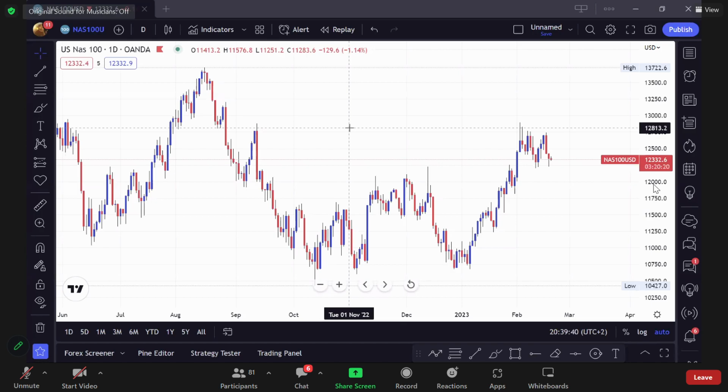Okay, if that's a change of character, then what's a break of structure? It's a continuation, I think. Of the trend. It's a continuation. When a major high or low is taken out. Even a minor low, major high, minor low, major low, minor high. Okay, so